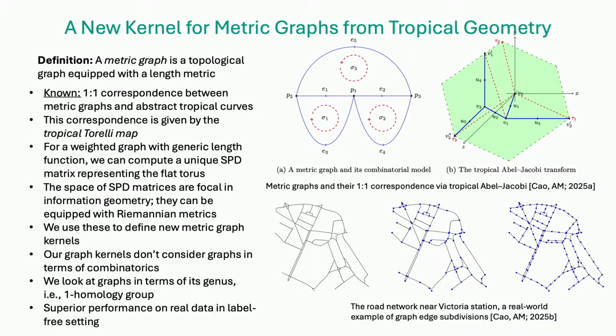But most of the time, for example, here, this is an example of what the road network looks like near the Victoria Station in London. You can add landmarks, and the idea is that if you add more landmarks, which can show up because it depends on how you're giving people instructions to get somewhere, then if you're looking at it in terms of graphs, the tropical construction works here. So that's another nice application, I think, of tropical geometry, and where I think that tropical geometry has quite a lot to offer in terms of data analysis.